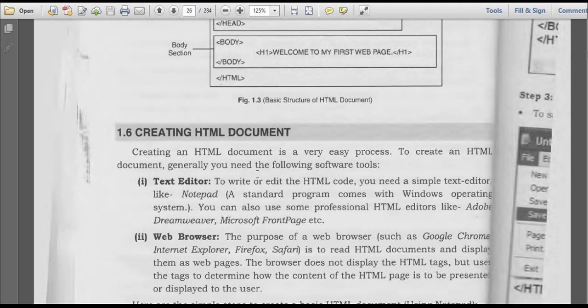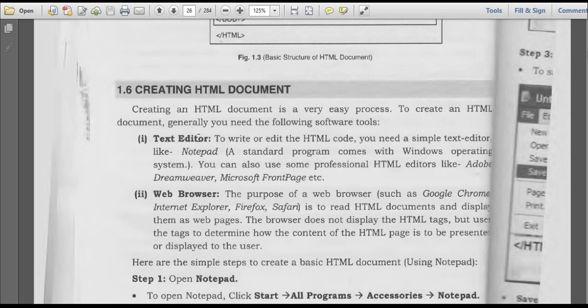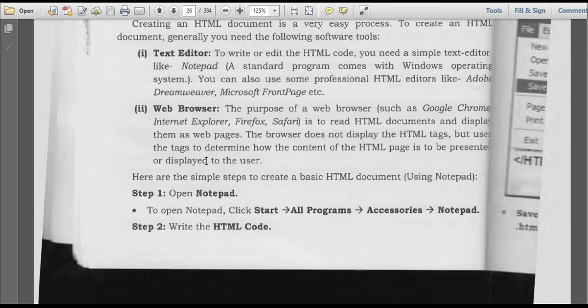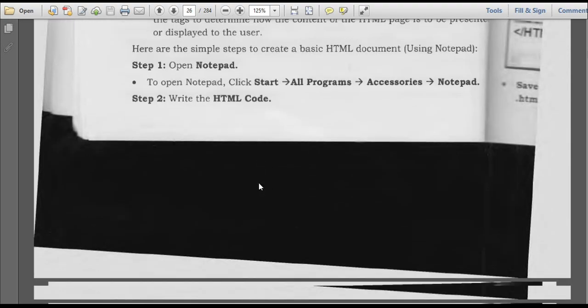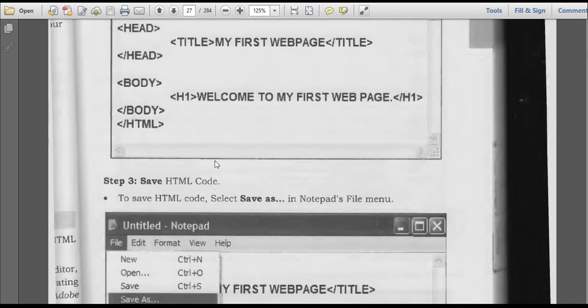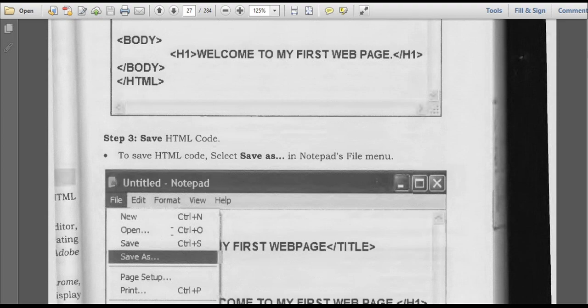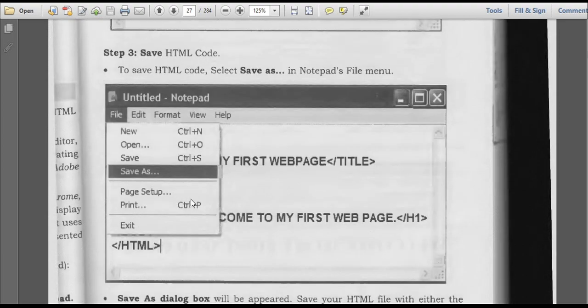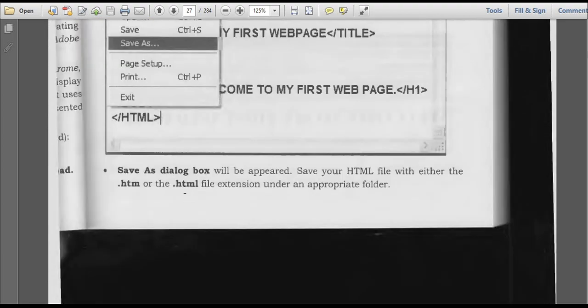Now, how to create an HTML document? You have to open either a text editor or web browser. Open Notepad. Once you open Notepad, you have to write the program. Once you write the program, you have to save the HTML code. Go to File and click on Save As, and save the program with .html or .htm extension.